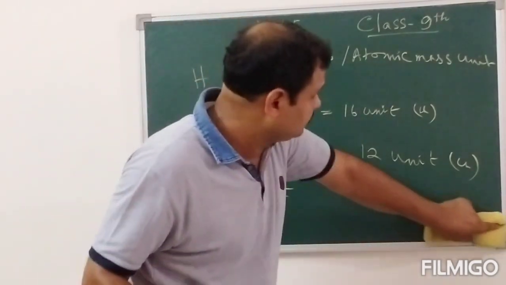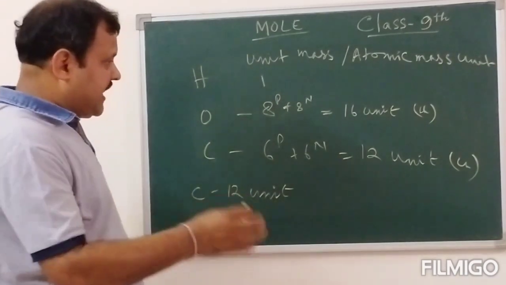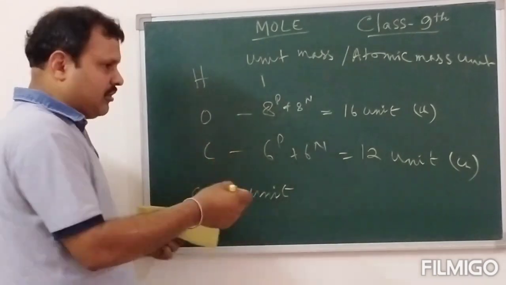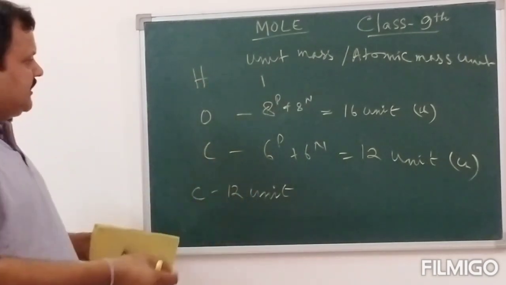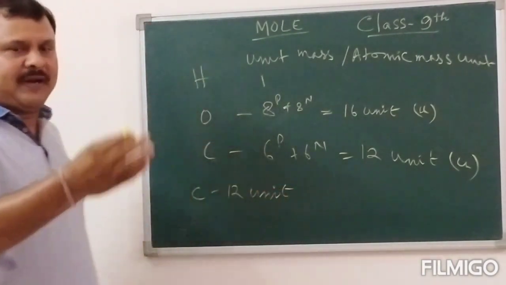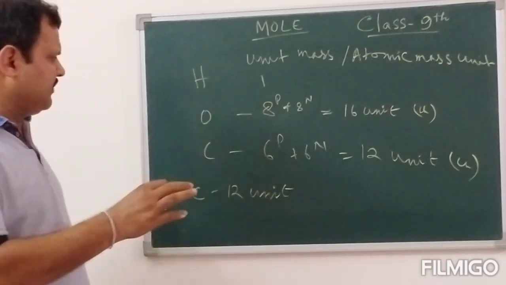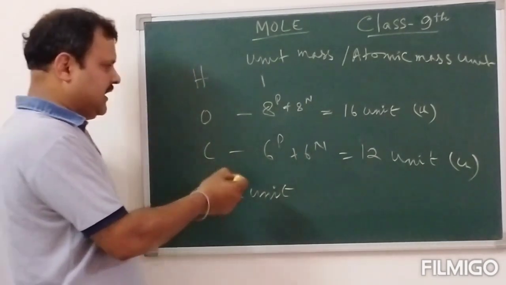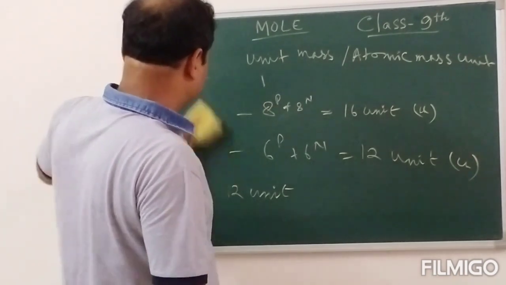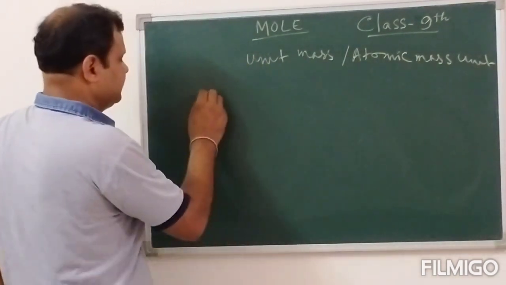So if we want to take some grams of any element, or 1 teaspoon or half a teaspoon of any element, then a very big number of molecules or atoms will be present over there, because single atoms have very little weight. So in that case, you have to consider a number that we can take.